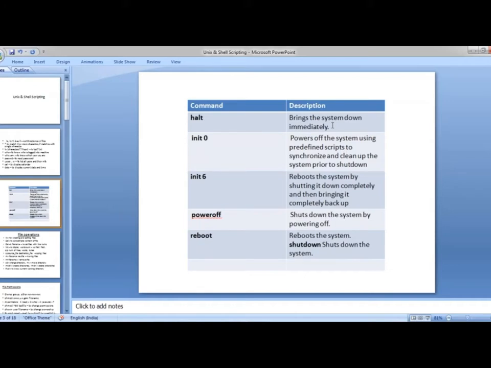If you encounter some issue in your server which is going to affect other servers, you can't wait for it to run scripts or do a boot. Rather, I'll say halt so that it does not affect other systems. In such a scenario, I immediately get that system down. When I run the halt command, it brings down the system immediately.